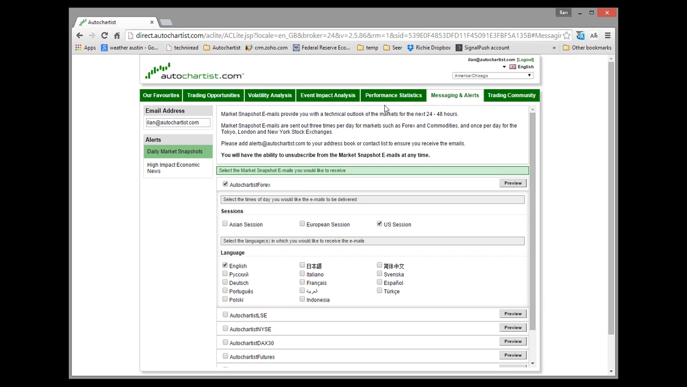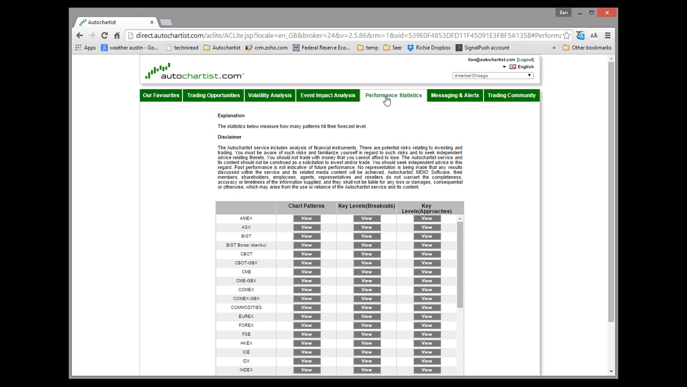I'm not going to go very deeply into it, but Autochartist also monitors how well we do in the markets. We provide a section called performance statistics. This is not a measure of how much money you'll make. It's a measure of how often we hit our target level that we forecast. What I want to show you is that Autochartist combines the trading opportunities it gives you, that we discussed earlier today, together with the performance stats,